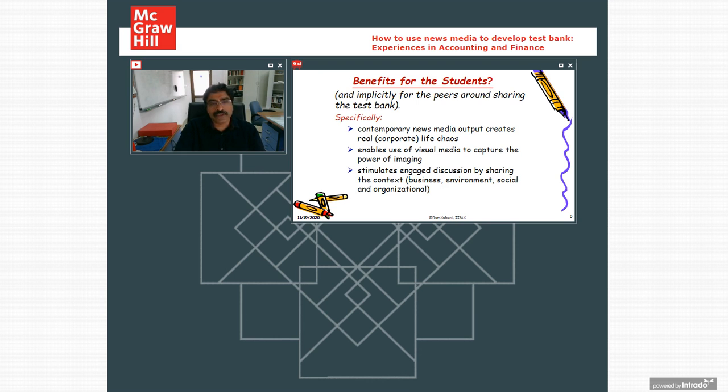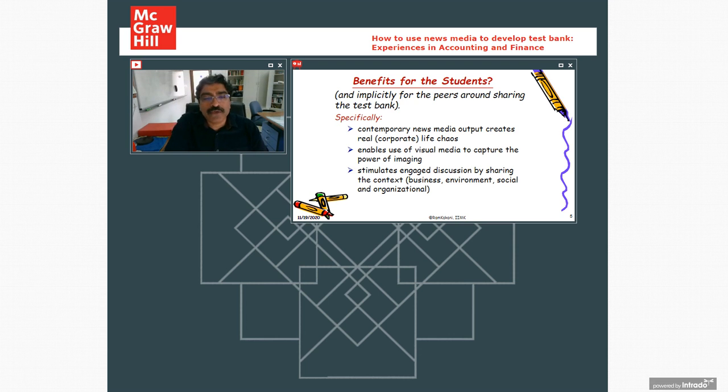Look at it from a student's perspective, and of course implicitly the peers who probably will be able to make use of the same question paper, or peers where there is a forward of the students' questions and students' answers to others. So what we understand is that